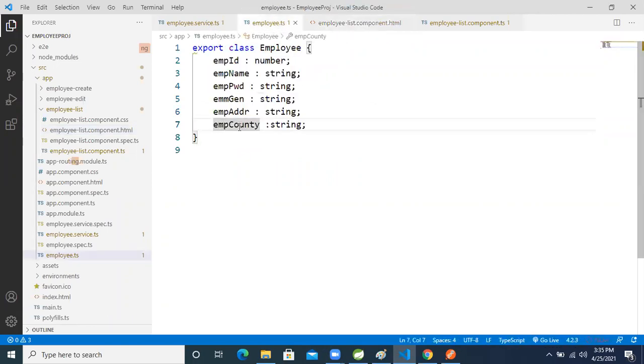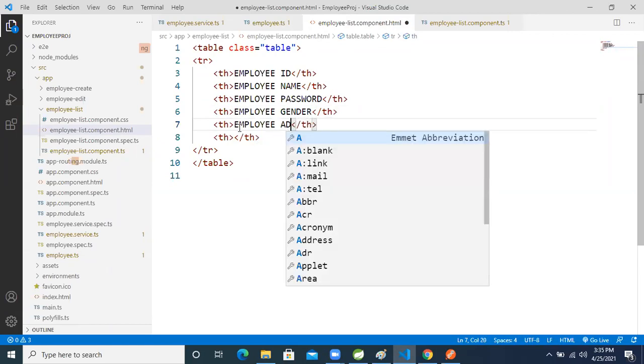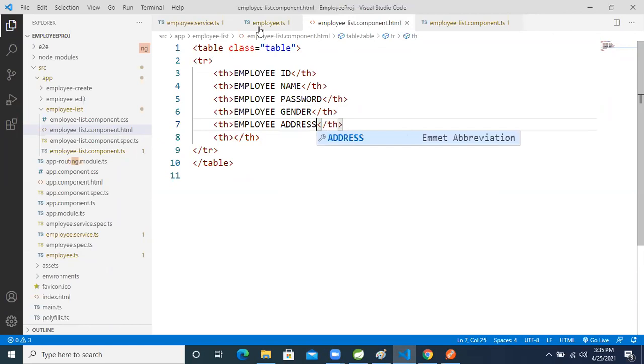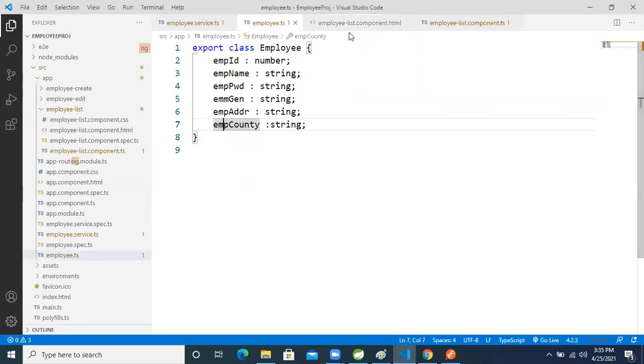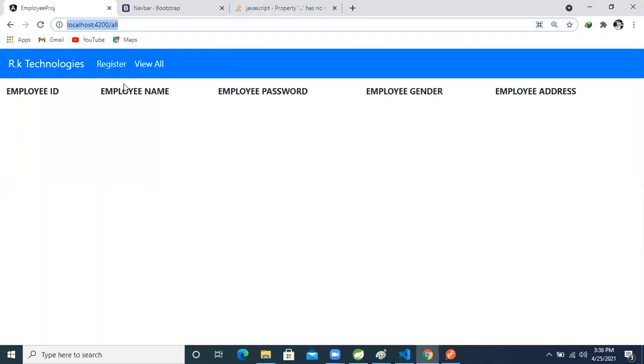Another one is employee address. Another one is employee country. Fine. You want to see that? Come here. See that: employee ID, employee name, employee password, employee gender, employee address.